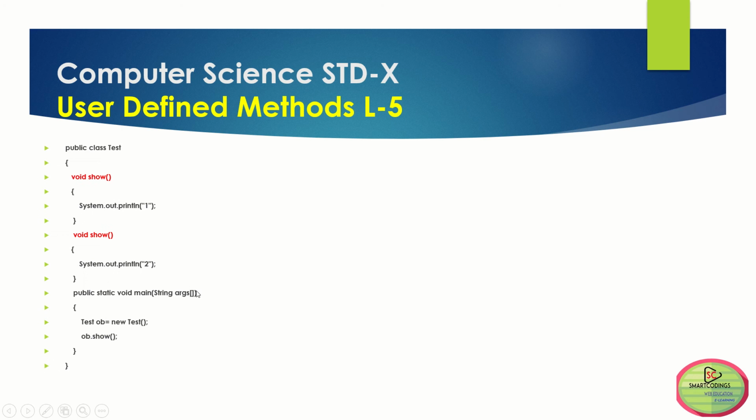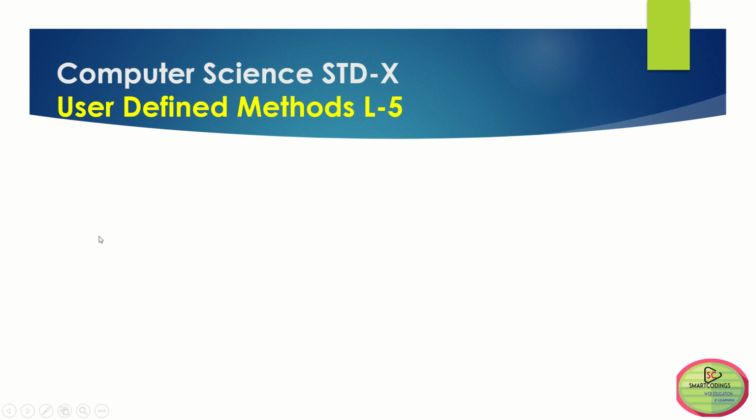Now see here, a very important example. Suppose there is a class called test. In this class, we have two methods of the same name. So the first condition is what? Methods should have the same name. They have the same name. Now, they are of the same class only. In the test class, we have the same method. As per the previous slide, we can see the conditions here.